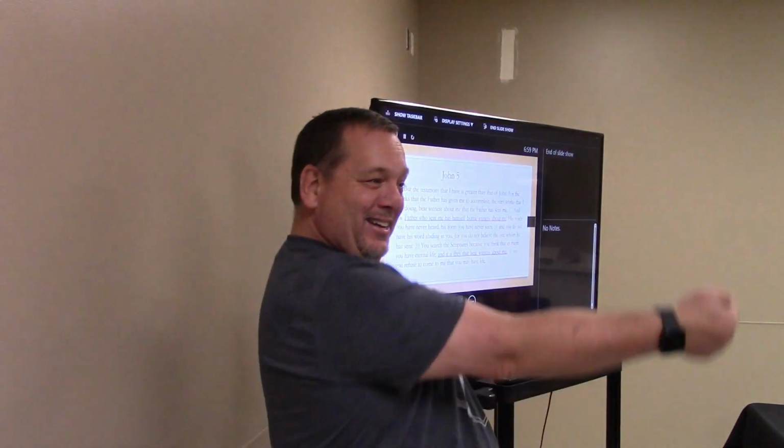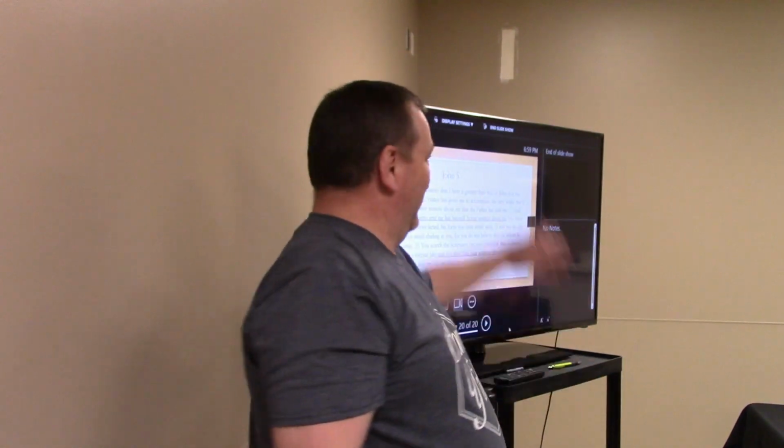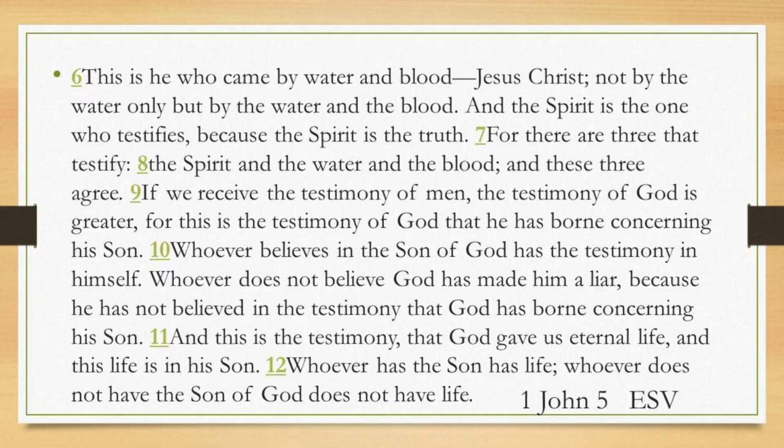Woo, he's digging hard, and he's giving it to them right between the eyes. He's saying, you have the Torah thinking that gives you life, but I'm here with you right now telling you that I'm the life, and you can't see it and you don't accept it. And I've given you all this. And 1 John, and I'm going to have to look it up, where it says the three bear witness, the water, the blood, and the Spirit. So there's the three witnesses